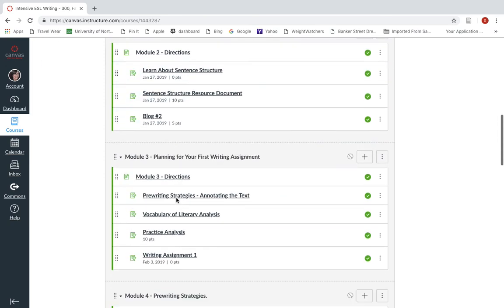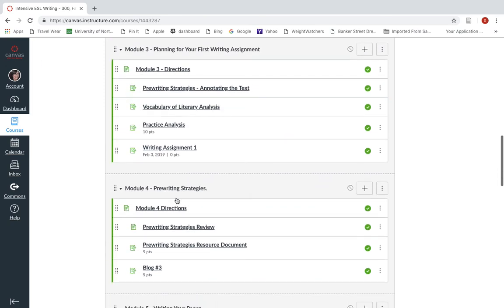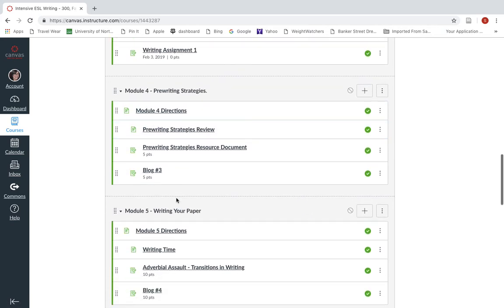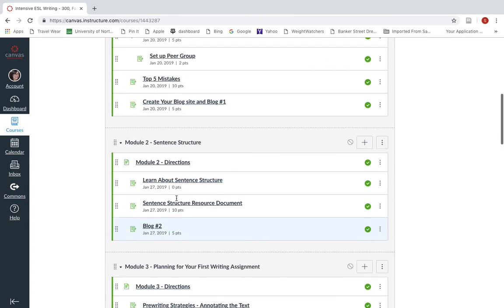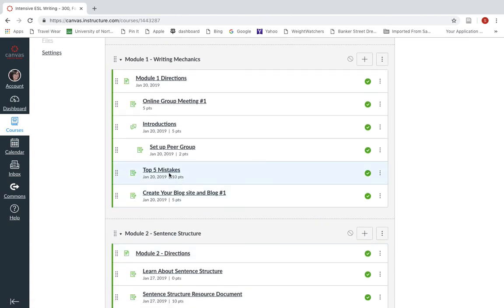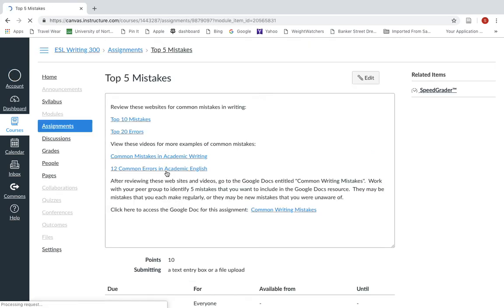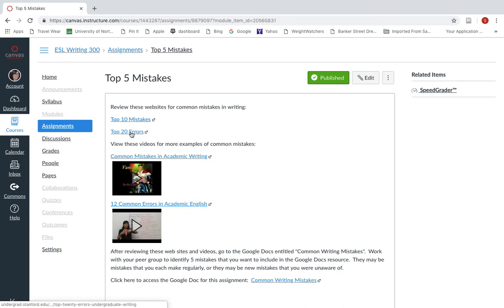So for the first 4 modules, they're going to be doing an activity like learning about the top 5 mistakes, for example. They'll be watching a video. They'll be reading about it, watching some videos, and then they'll go to a Google Doc